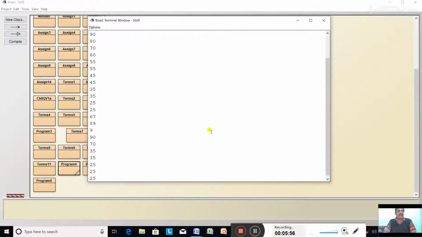Now have you noticed the numbers which are ending with 5 are printed? See here, 35 ending with 5, 35 printed, 25 ending with 5, 25 printed, 45 ending with 5, 45 printed, 55 ending with 5, 55 printed. Like 89 not ending with 5, so it is not printed. So let's see, I'm inputting 15. The 15 is printed. 40 will be counted as ending with 0. So like this, you input 50 numbers. Randomly you can input the numbers.